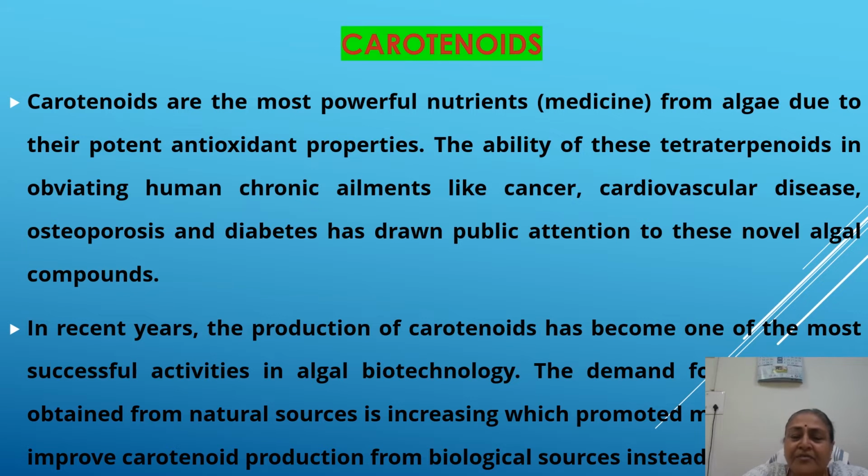That's why it has drawn great attention nowadays, and novel algal-based compounds have been generated and sold in the markets with great economic value. In recent years, the production of carotenoids has become one of the most successful activities in algal biotechnology. The demand for these compounds from natural sources is increasing, which is promoted from marine algae, and it has improved carotenoid production from biological sources instead of